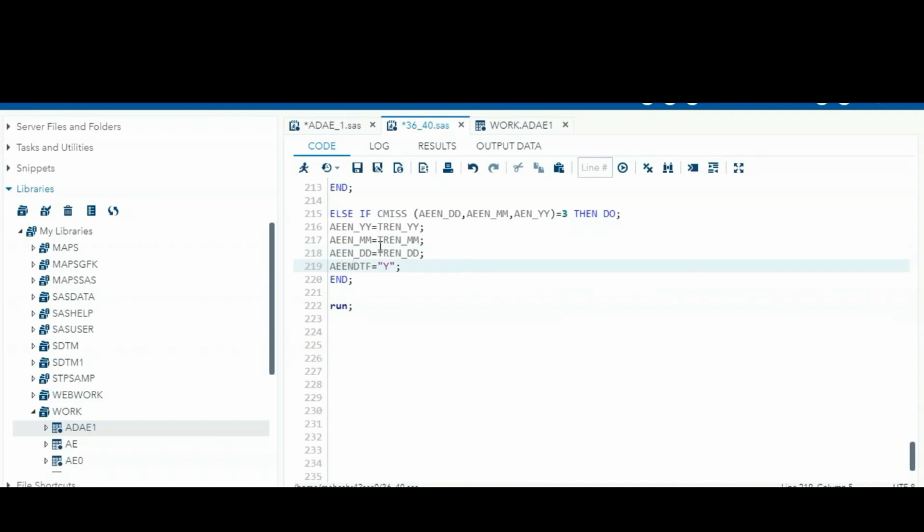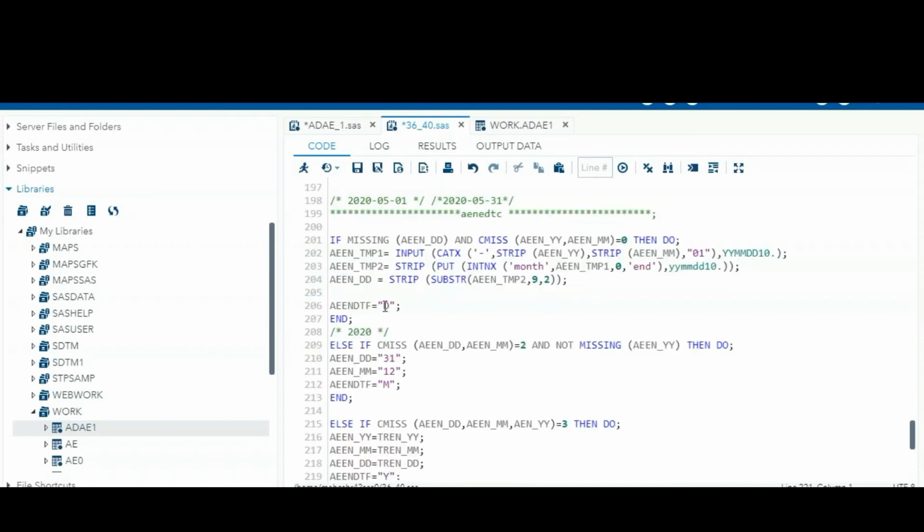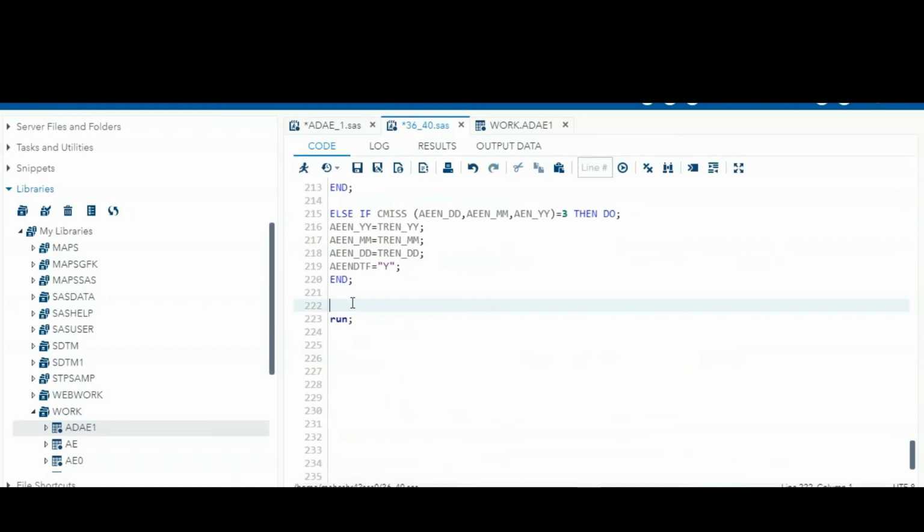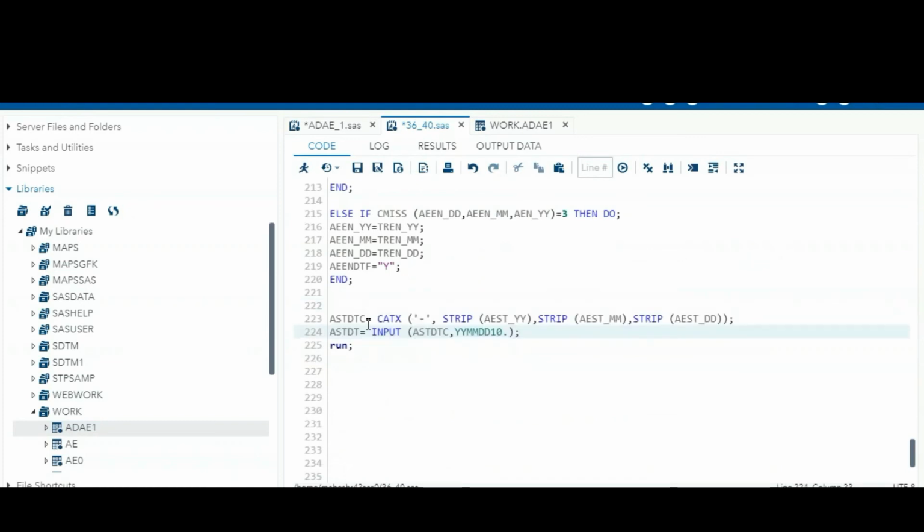AEEN DTA. Okay. Once we are done, we are going to create AEENDTC like we created AESTDTC, right? So the same way we are going to do the AEENDTC also. Carefully you can listen, not AENDTC. AEENDTC is the SDTM variable. AENDTC is the ADaM variable.